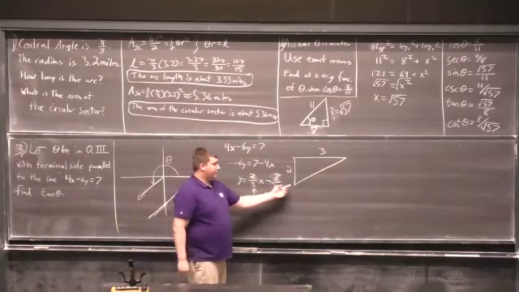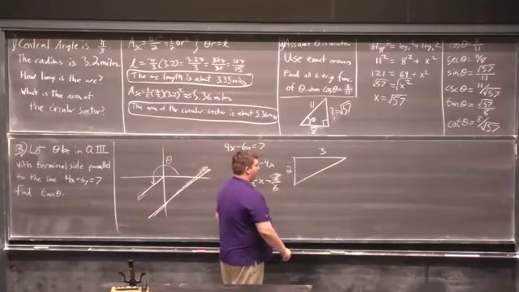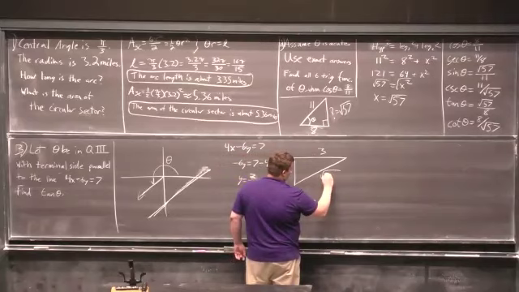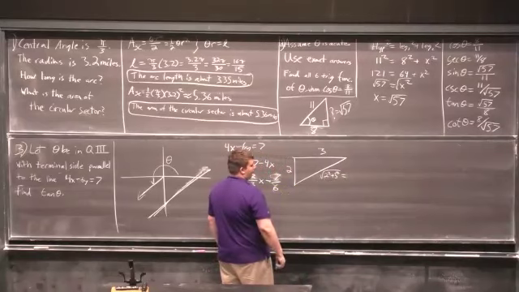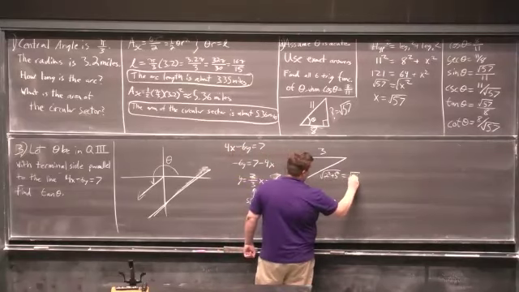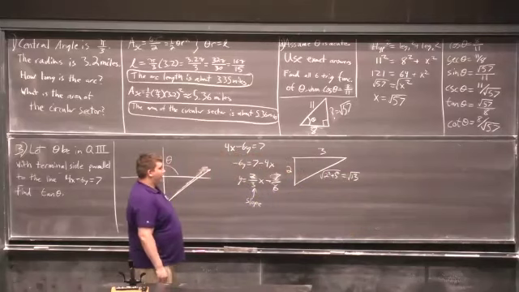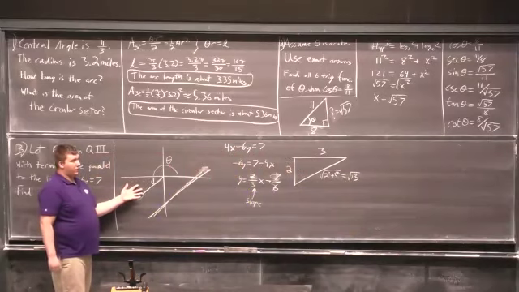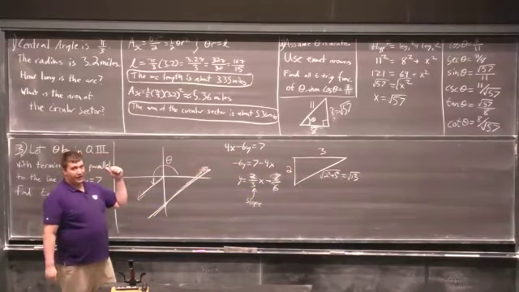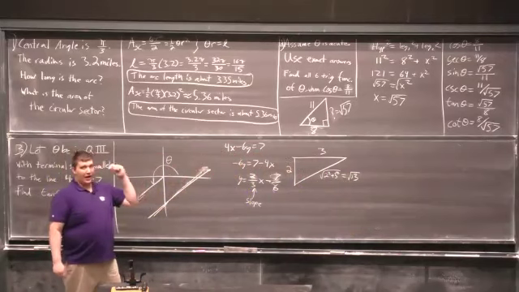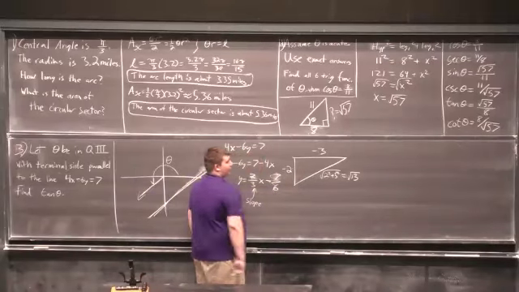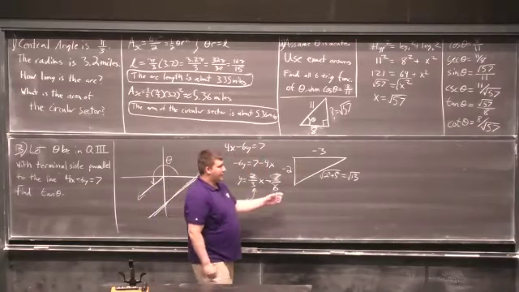And so what's my hypotenuse? Well, that is the square root of 2 squared plus 3 squared, which is 9 plus 4, that is 13. So we get square root 13. Now, where is this? It's in the third quadrant. So I know I have a negative sine and I have a negative cosine. So I can think of this as a -3 and a -2,